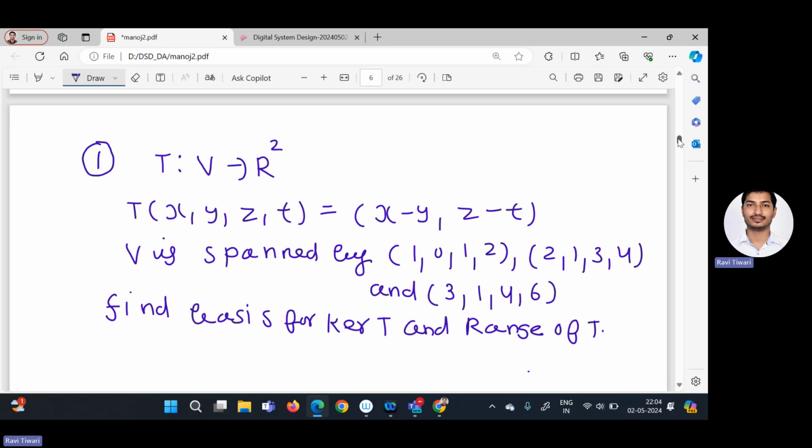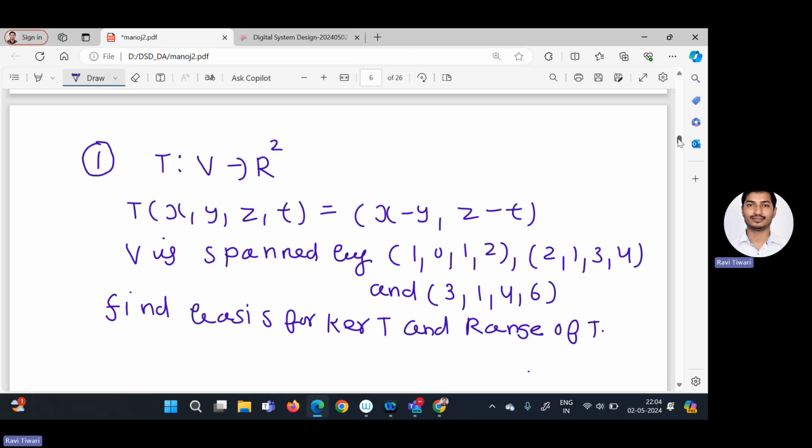Let us assume that if it was not given to you that V is spanned by these three vectors, then, because there are four components in each vector, we can say this linear transformation is from R power 4 to R square. In that case, we can apply the standard basis of R power 4: (1, 0, 0, 0), (0, 1, 0, 0), (0, 0, 1, 0), (0, 0, 0, 1). After getting the output, we can convert it into row echelon form and calculate the basis for image T. Similarly, because they are also asking to calculate the kernel of T,